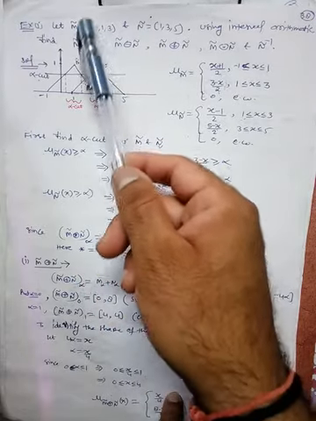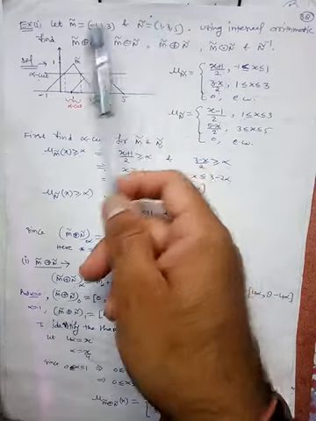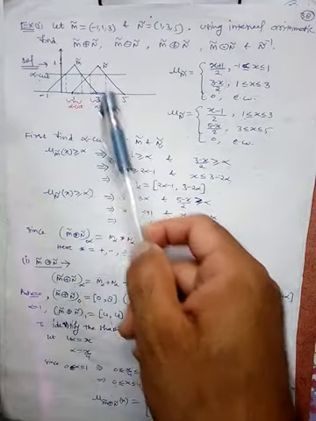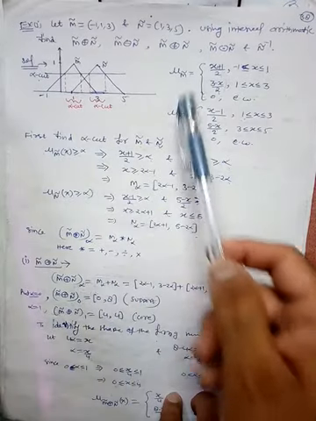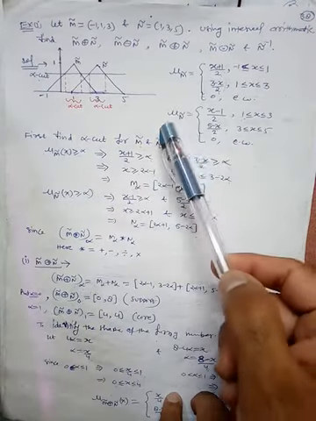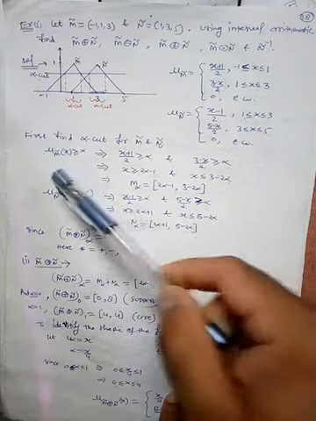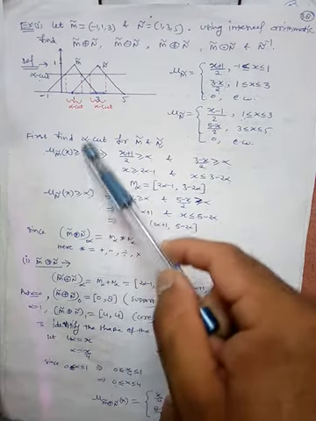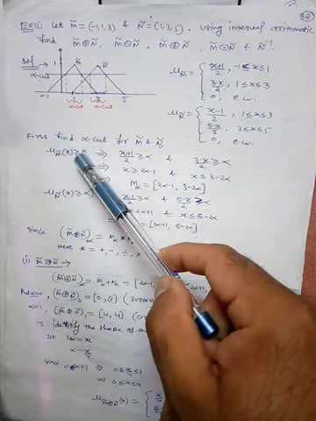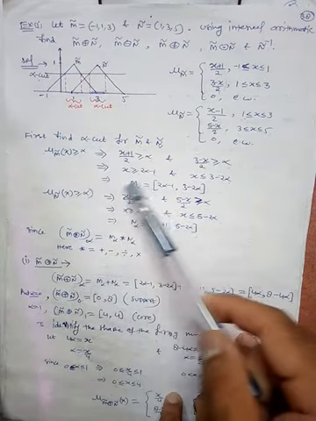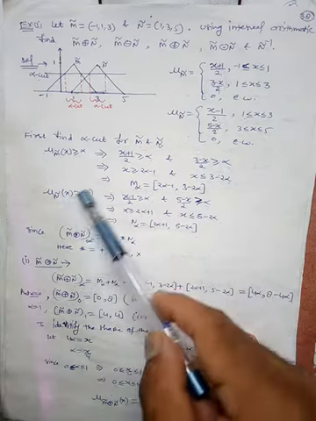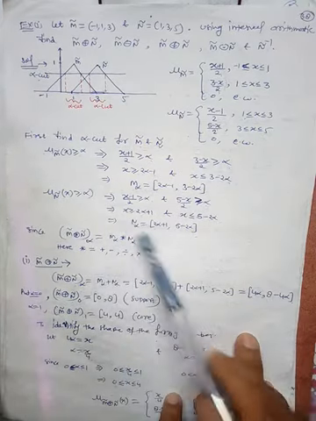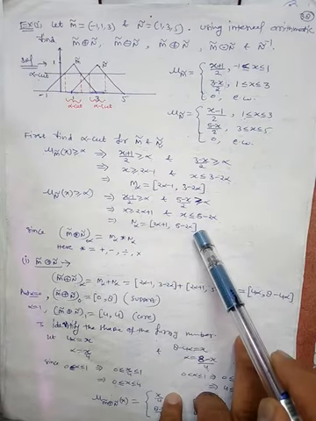Here we have taken two triangular fuzzy numbers m and n. These are the graphical representations of these numbers, and these are their membership functions, mu m and mu n. Then we have applied the alpha cut technique. So this is the alpha cut for membership function m, and ultimately we will get this m alpha. Similarly, this is the alpha cut for fuzzy number n, and this is the corresponding n alpha.